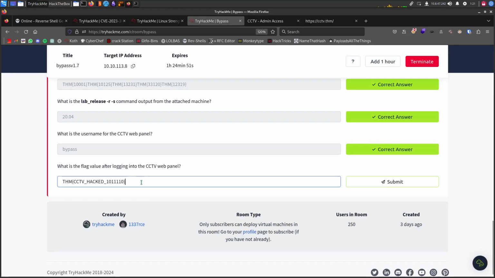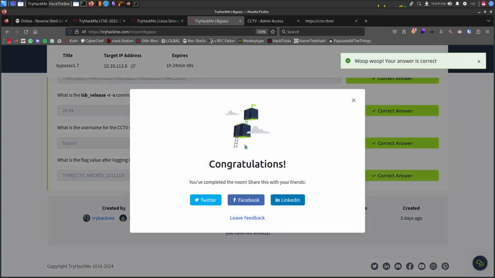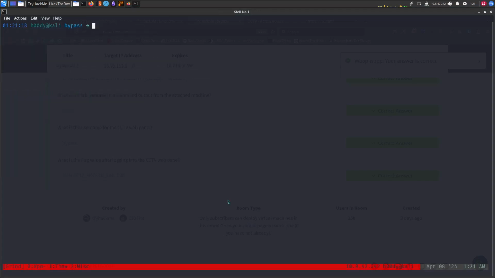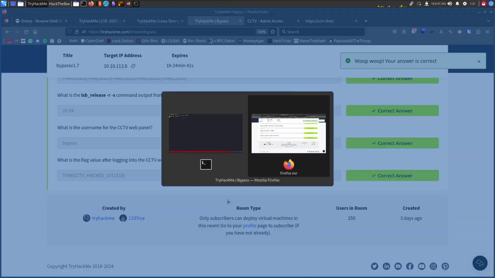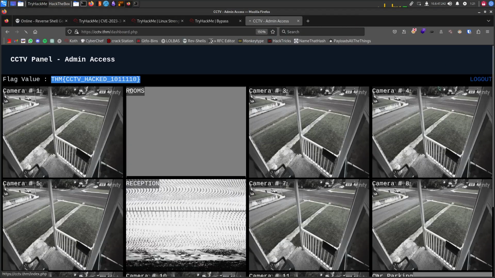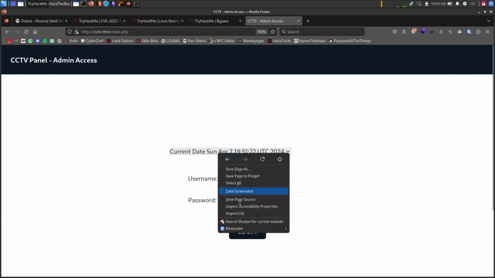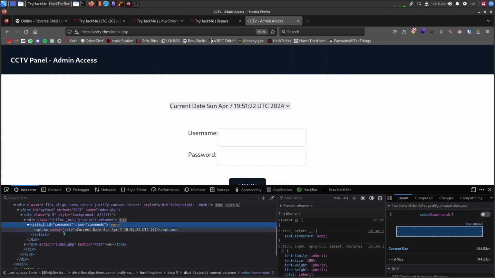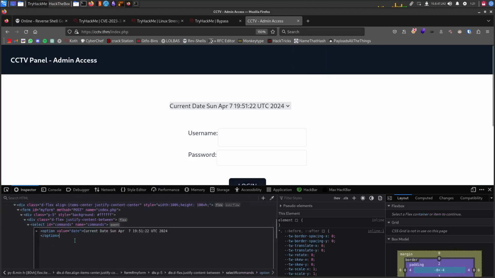Such a cool box. But one more thing, we got command execution on the box, right? So let's just try to root the box and gain a shell. Let's just try to gain the web shell. Okay, let's log out of here and right click and inspect it and edit as HTML, copy the value of it, and now we can just put a